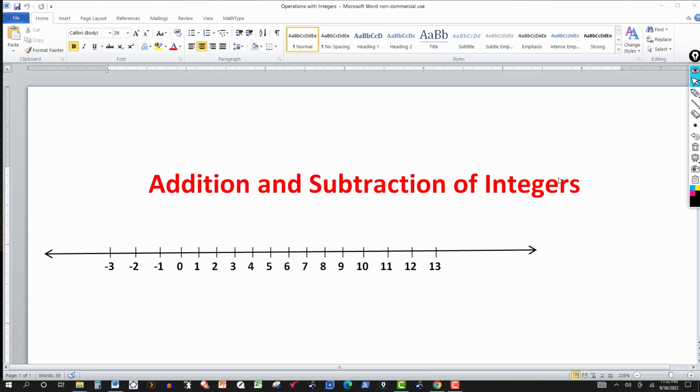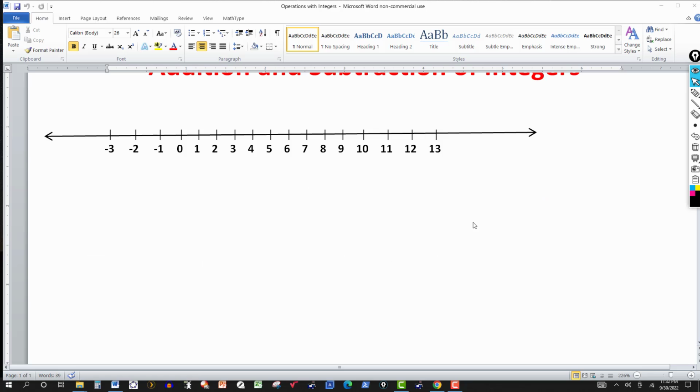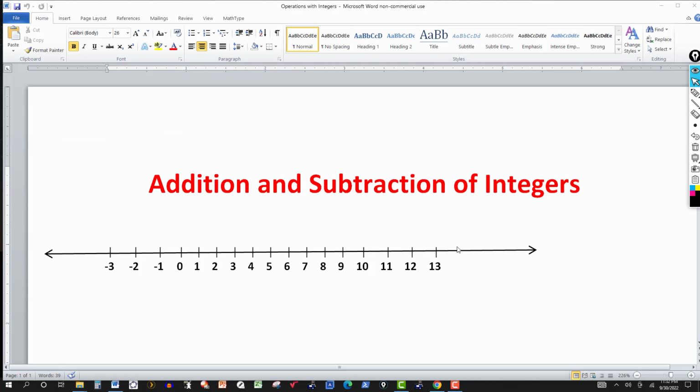In this video, we're going to look at addition and subtraction of integers. Now, the rules we'll go through here will apply for fractions, decimals, but the focus here on this video is going to be on integers. So I've got a number line here. Unfortunately, I don't have as many numbers as I would like to have on it, but you can see here